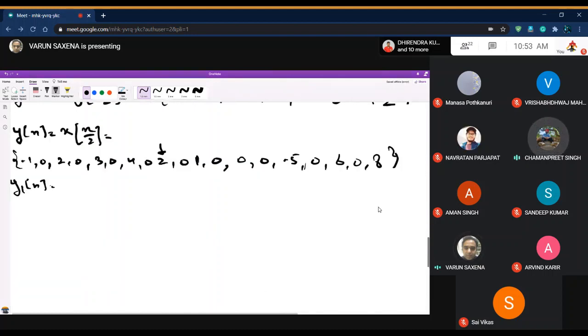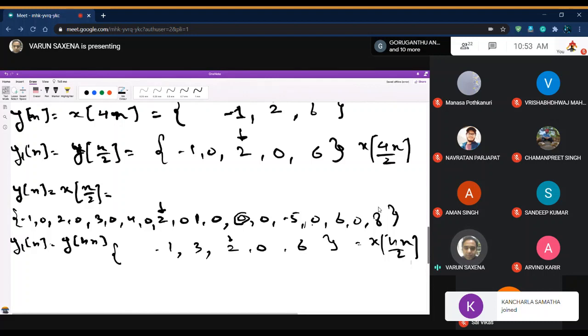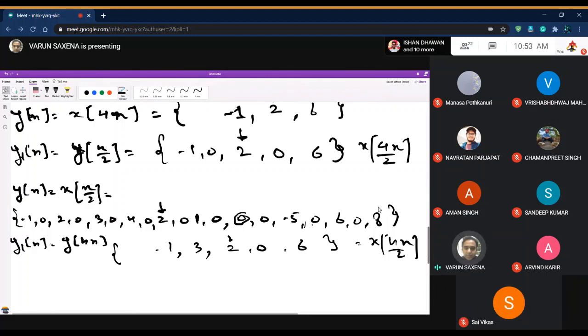Yes, sir. So, sir, which one is right? It's not about right or wrong. It's just that you are performing two operations. You are doing decimation first and interpolation second. And then in the second one, you're doing interpolation first and decimation second. The idea to understand here is that if decimation and interpolation are done by a factor which have something common between them, you will get different sequences. The question of right and wrong is not there.